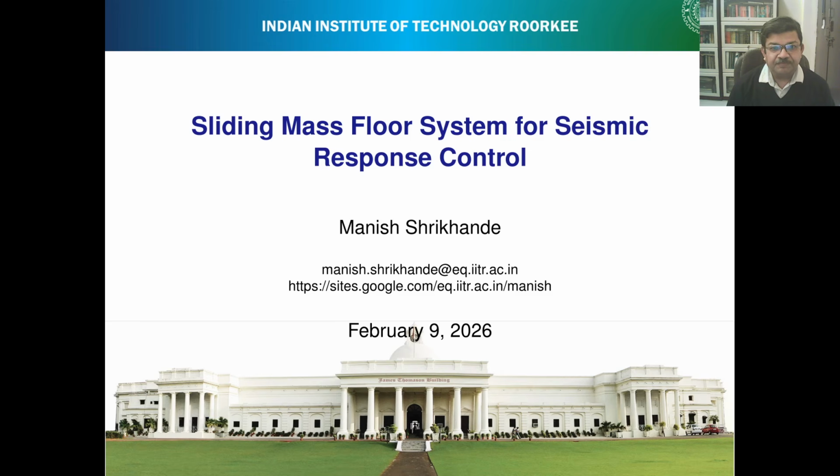Hello friends, today we will talk about a novel vibration control technology developed at the Department of Earthquake Engineering, IIT Roorkee. This is a very simple passive control strategy which can be used to reduce the lateral drift and which will come in very handy for improving the seismic resilience of existing as well as new buildings, and particularly very